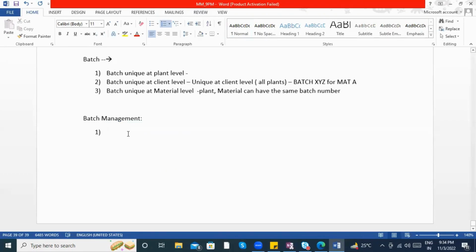So when there is a fields matching like movement type, plant, storage location. I don't want it for all the movement types for batch management, right? I can use it only for some movement types. Only some movement types we want to use. In that case, first you need to define the condition table. In these condition tables, you need to pick what are the fields you want to be considered